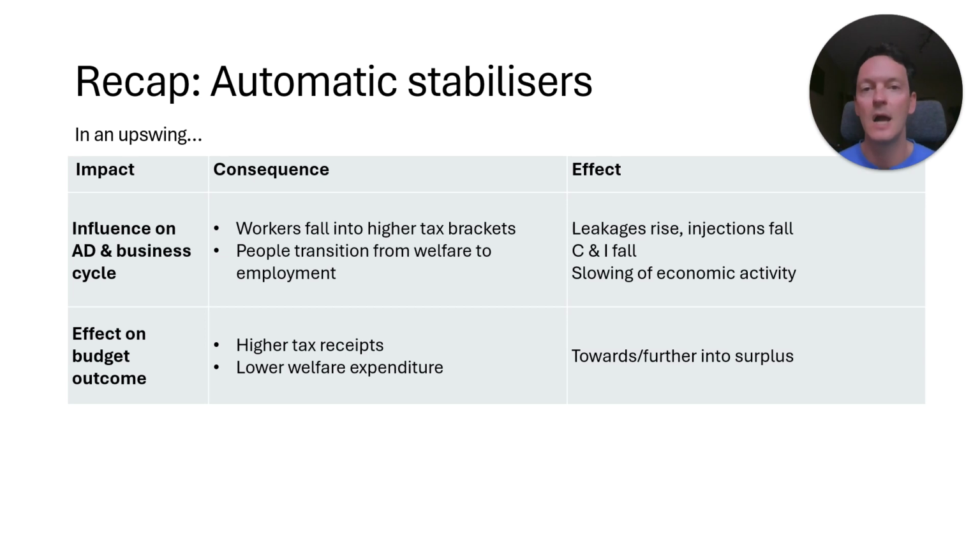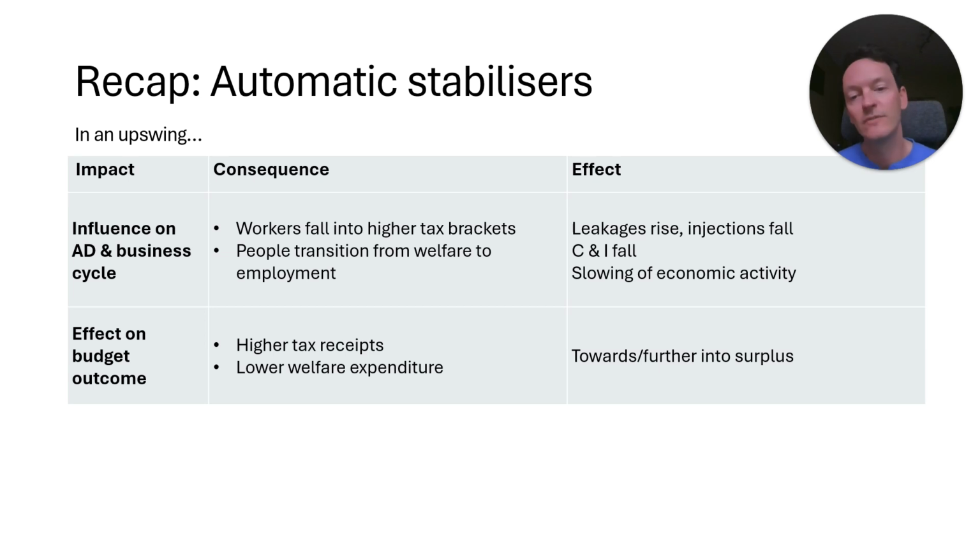And if we think of the budget outcome, we've got those two sides of it, receipts and expenditure. In order to explain why receipts change and why expenditure changes, you've got to talk about this idea first. Okay, so that's a little tip for you: you can't just jump straight to the budget outcome as its own independent idea. Go through the influence on the AD idea first of welfare and